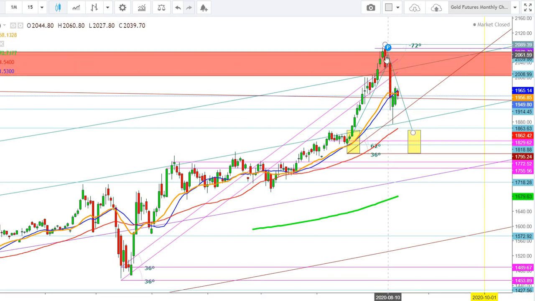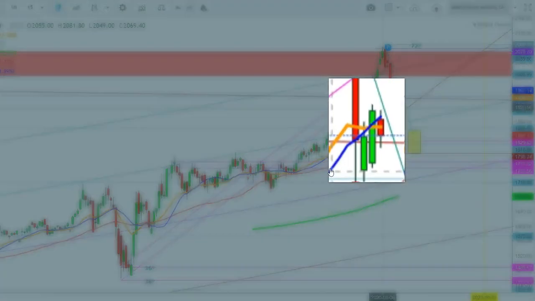Here you can see the formation of an exhaustive candle on August 10, which resulted in a sharp sell-off that continued in gold futures, where the gold futures found a strong support at the levels of $1917 and started to move upward. But currently the 20 days exponential moving average has formed a bearish crossover in the daily time frame, as the 20 days exponential moving average has moved below the 20 days moving average.